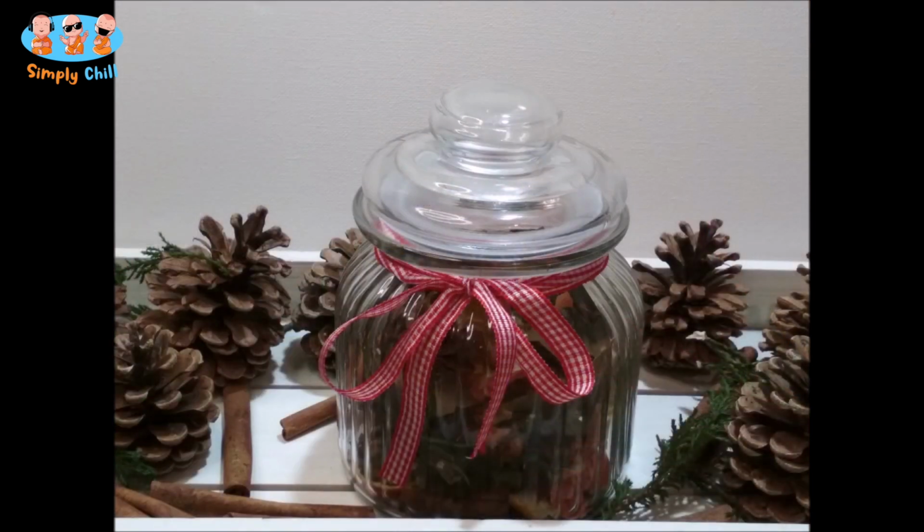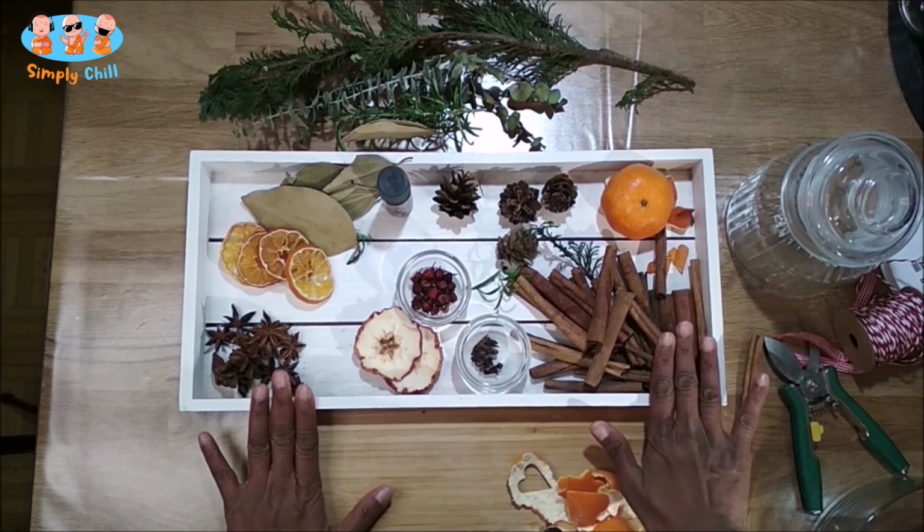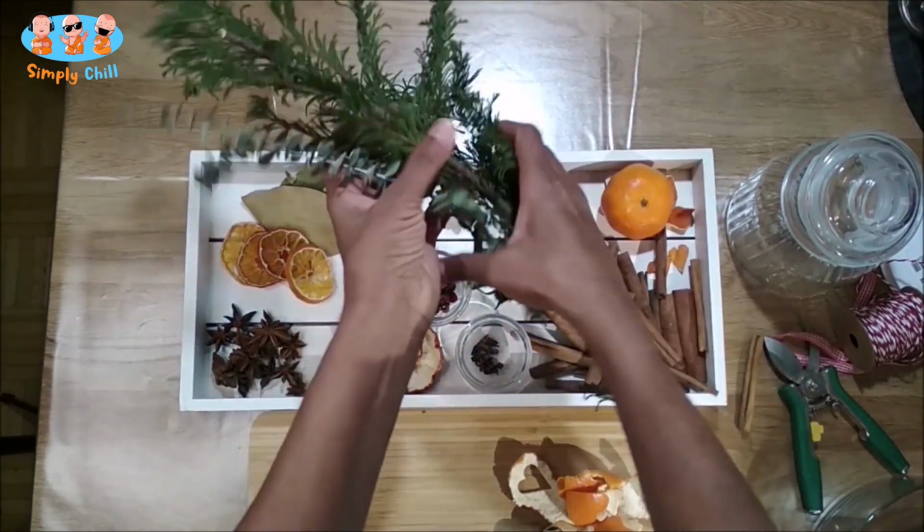The smell of Christmas doesn't start with a wreath and end with cookies. I'm making potpourri today. I'm using evergreen,